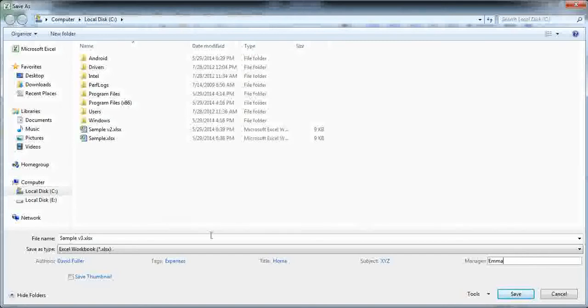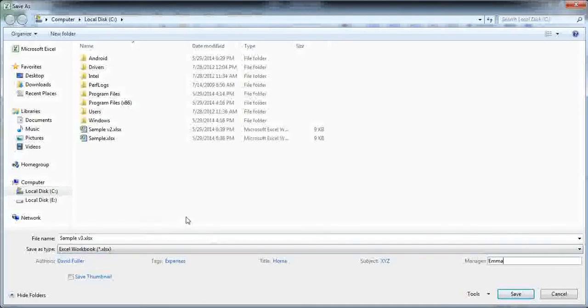Now by writing all these things, by putting all of the values over here, we are creating more information about the Excel file that we have created. Now our Excel file is completely loaded with attributes, which makes it easy for Windows to index it, and also makes it easy for us to know in the future what this workbook is all about.